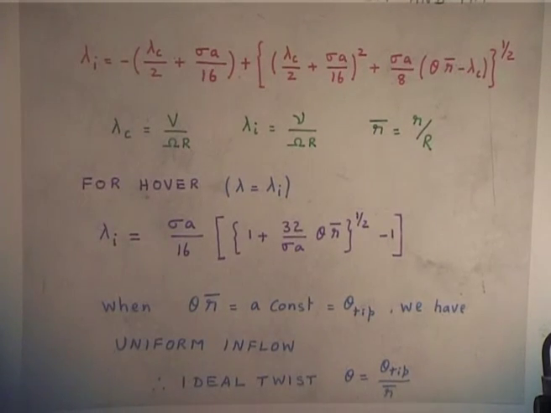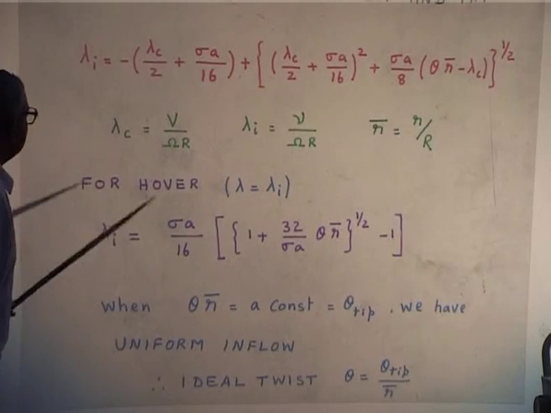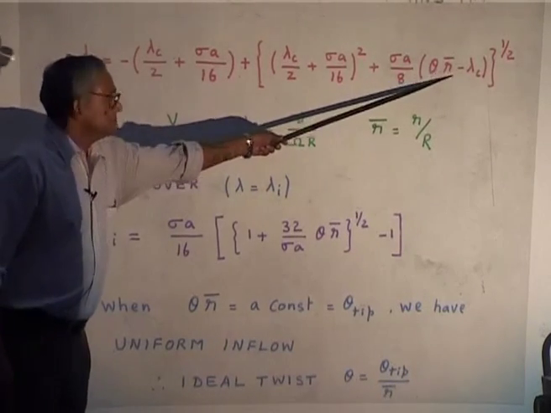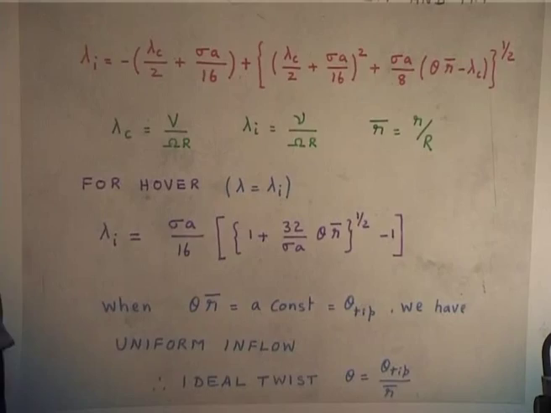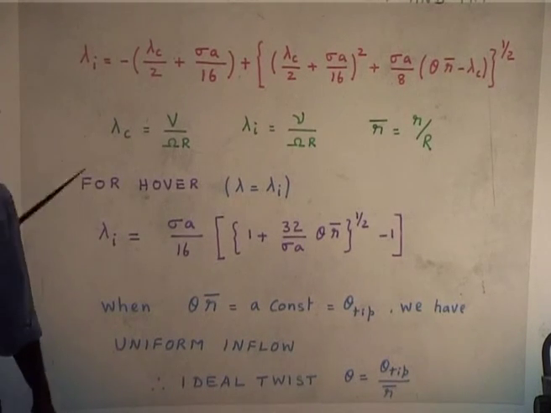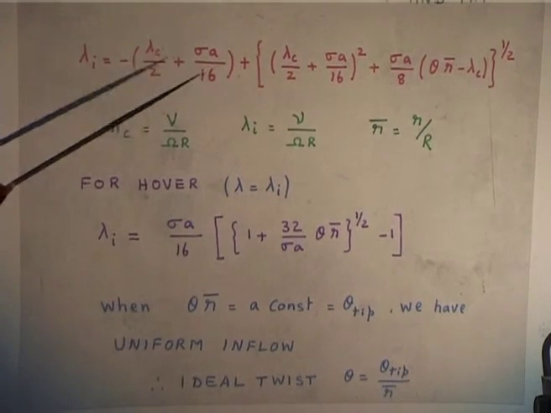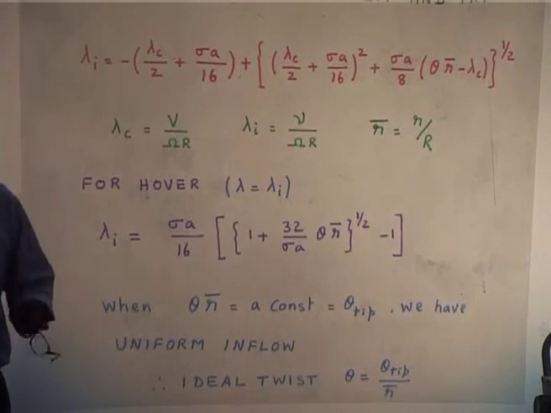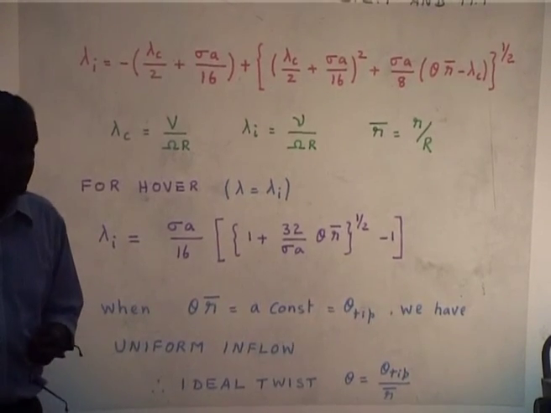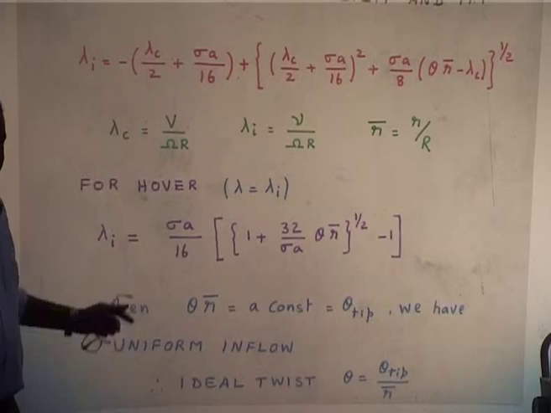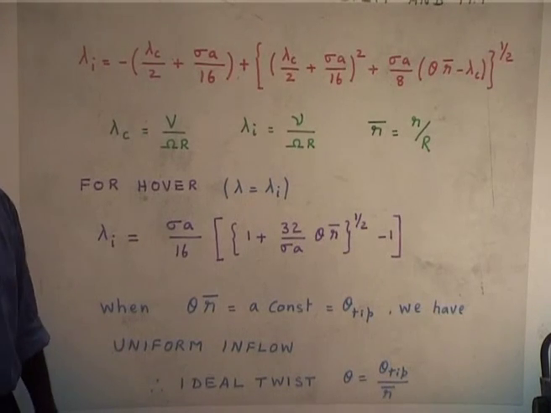Is it clear? Now, this lambda I, if you look at it, this is a function of r bar. That means, depending on my span location, inflow can vary, all right. So, please understand, this is a powerful expression, in the sense it is widely used in the calculations, even in research, even we use this. Okay. This is a very, very important expression. We do not use the uniform inflow usually. Uniform inflow